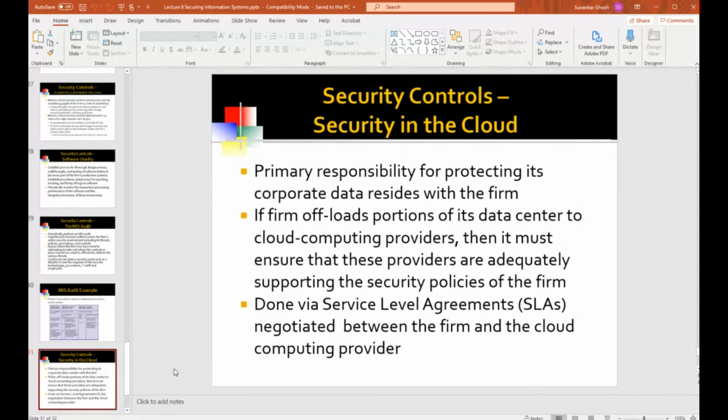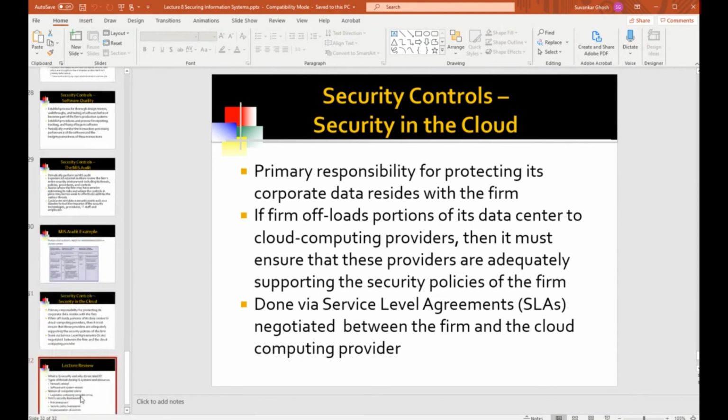So that's when we moved from WEP to the WPA standard. It was really driven by the MIS audit that we did within the company. So that's a value of the external auditors.